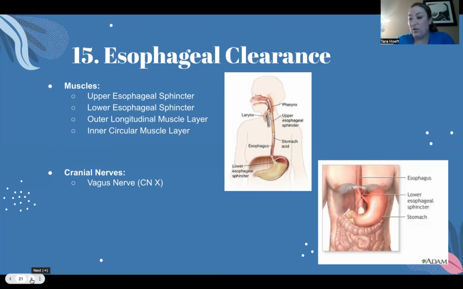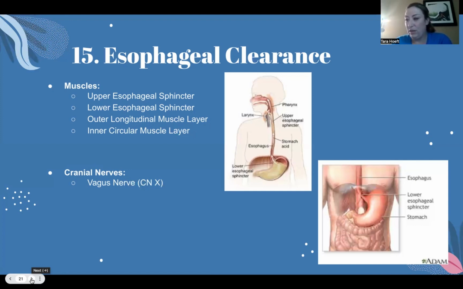This involves a series of coordinated wave-like muscle contractions that move the bolus down the esophagus. There are two types of peristalsis. Primary peristalsis. This wave begins automatically as soon as the bolus enters the esophagus. It is a continuation of the swallowing reflex that initiates in the throat. Secondary peristalsis occurs if the primary wave doesn't clear all the food. Triggered by the presence of residual food or distension of the esophagus to help move the remaining